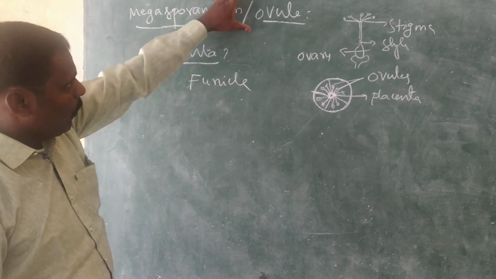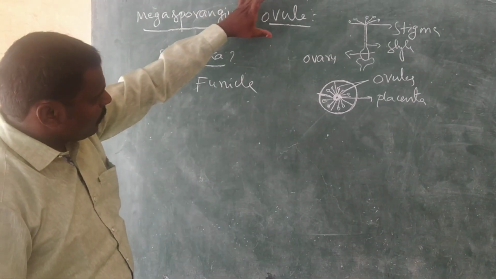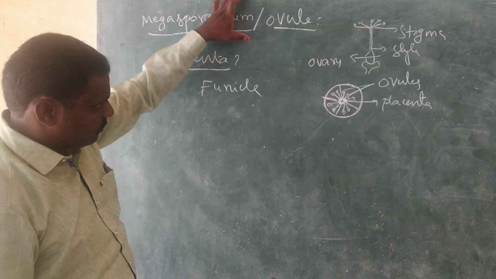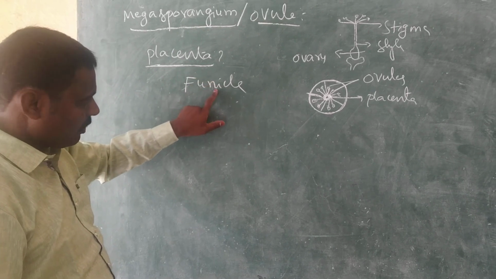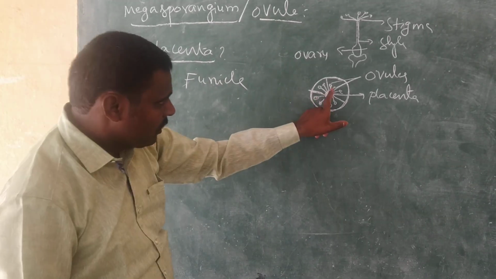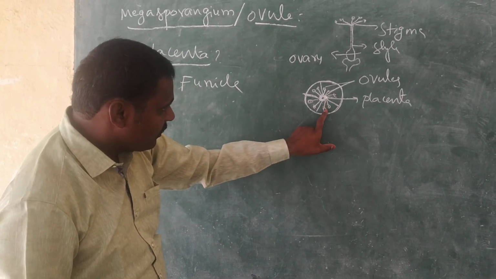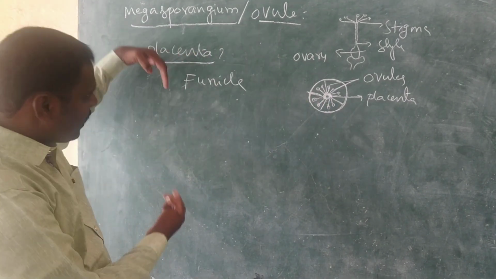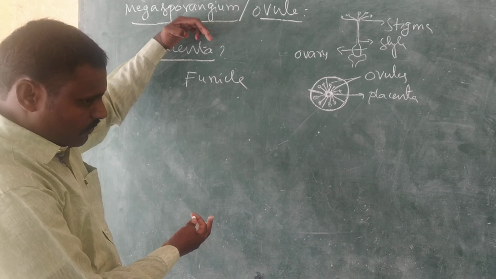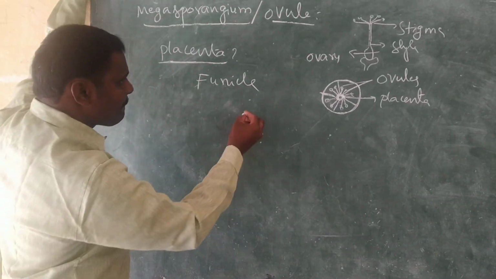So ovule, integumented megasporangium, is called ovule. Ovule is a structure. It is attached to placenta by a stalk-like structure, that is called funicle. I hope you are clear. This is funicle and this is ovule. And this is a placenta. Yes, if we take the structure of ovule or megasporangium, see,